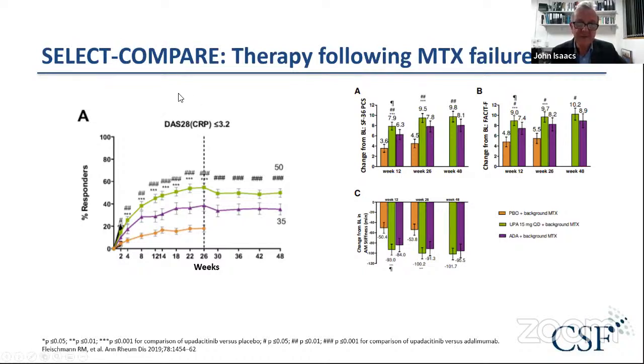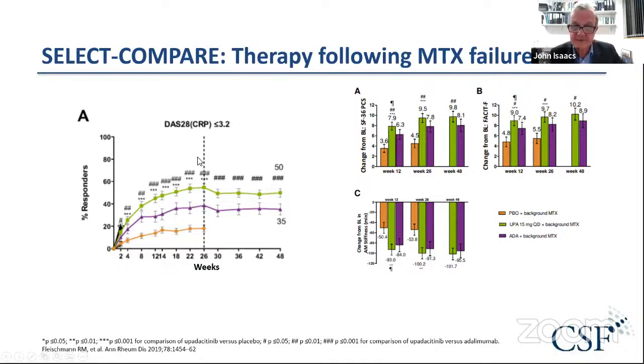So this is upadacitinib, SELECT-COMPARE, following methotrexate failure. And this simply shows that in purple here is adalimumab, in orange is placebo with background methotrexate, and green is UPA plus methotrexate. So all three arms have methotrexate. And you can see from a very early time point, from 2 weeks probably, that UPA is statistically superior to adalimumab in terms of